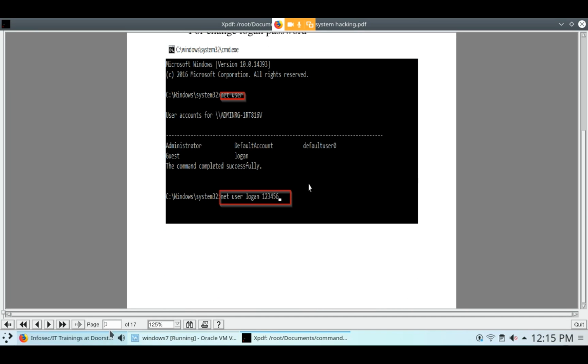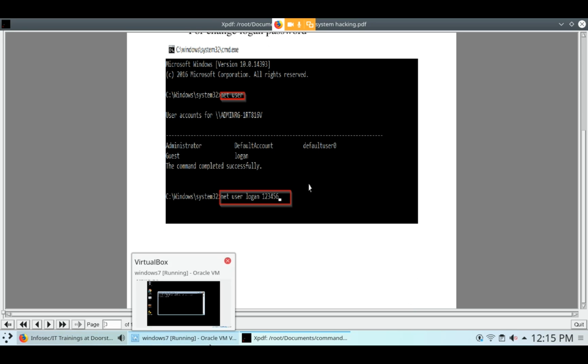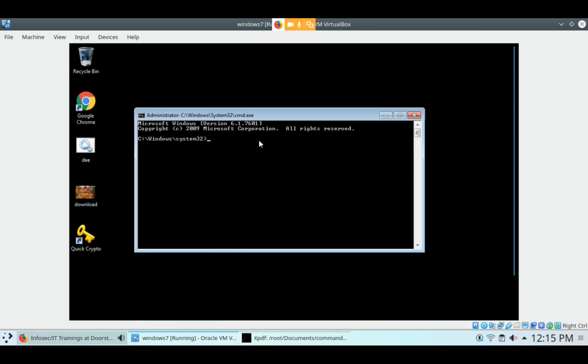So I am opening my Windows, and here the command will be, it will be in small letters, net user. Why am I using this command? I am using this command only to know the users.